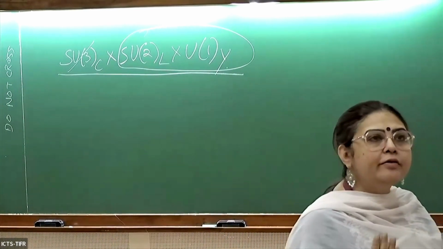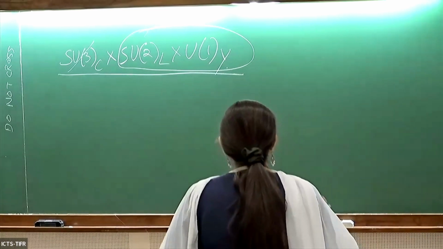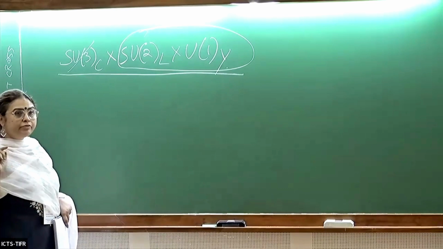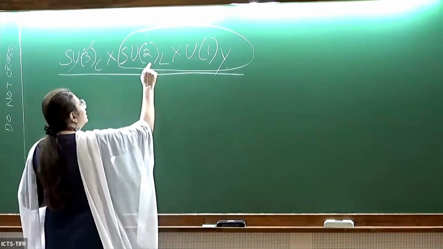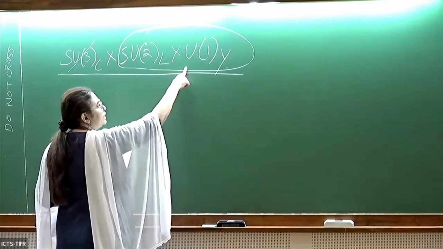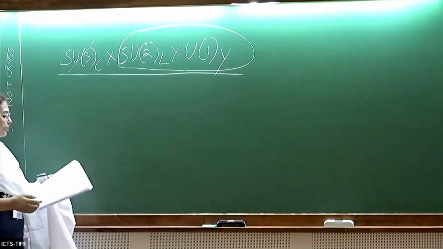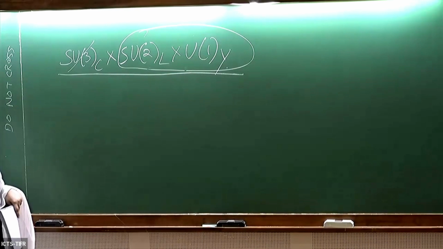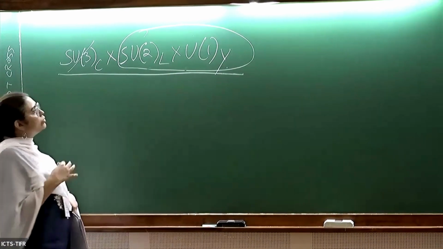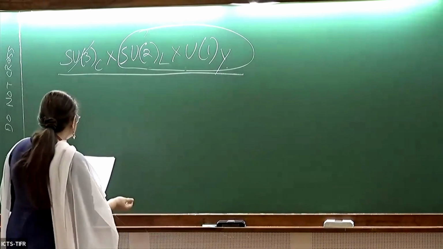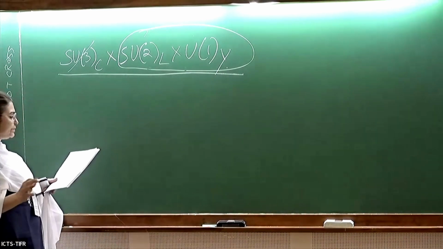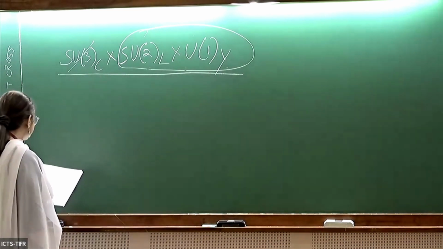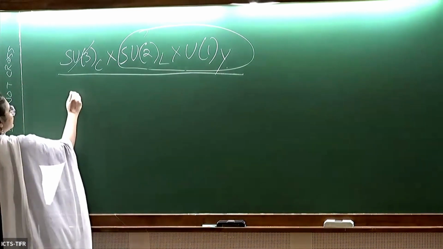Now, when we are writing a Lagrangian which is invariant under the standard model gauge group, we have to worry about the invariance under SU(2)_L and U(1)_Y for this part, okay? So mostly I will need some background of SU(2). I thought that I will just do a very lightning summary of SU(2), and then maybe I can go to my slides. So SU(2),